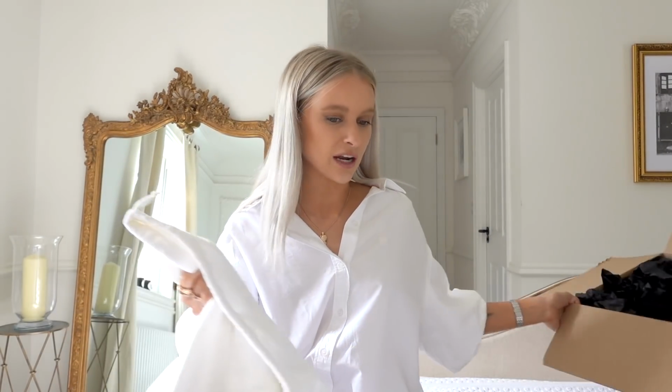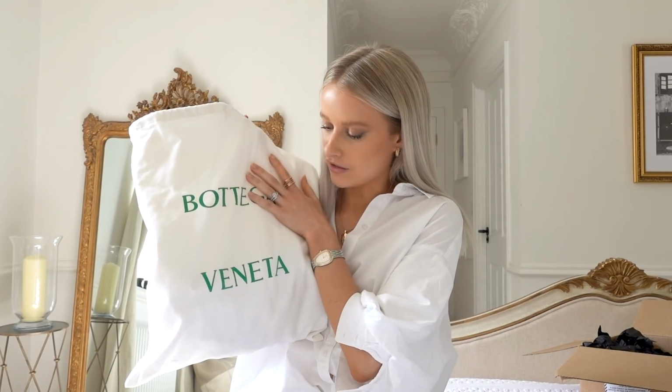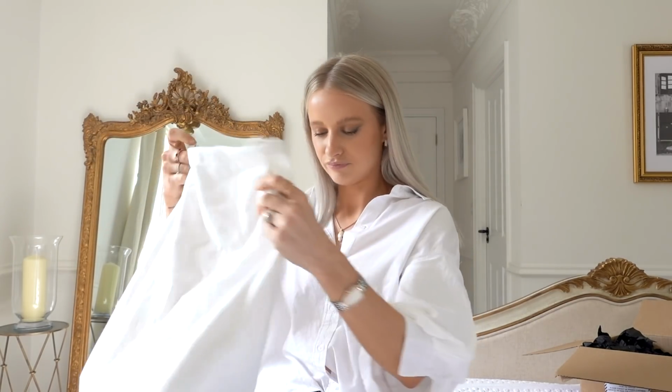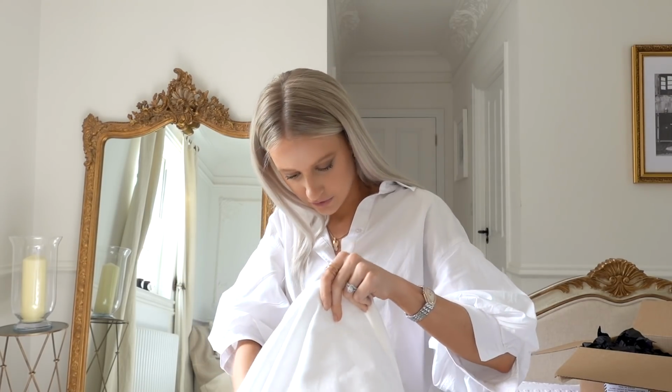So I saw this bag and I adore this brand anyway, and I just thought, you know what, I'm gonna buy it, see what I think, show you guys, and then we can decide. The dust bag is beaut. I don't remember the Bottega dust bags looking like this before. I'm sure they're usually in a deep taupey brown, but this is gorgeous. Super thick. Anyway, right, you're probably guessing what this is gonna be,